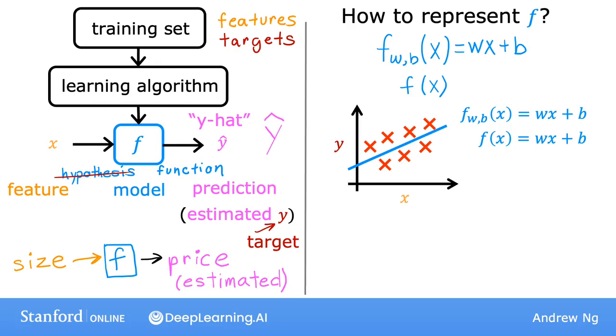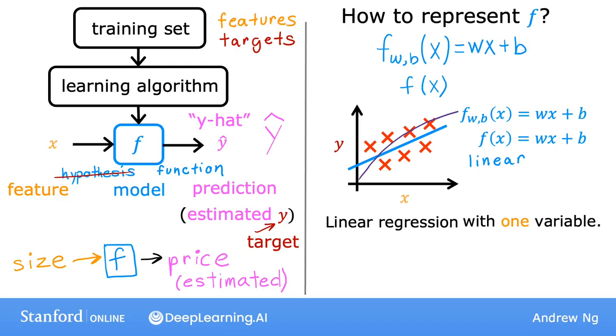So you may ask, why are we choosing a linear function, where linear function is just a fancy term for a straight line, instead of some nonlinear function like a curve or a parabola? Well, sometimes you want to fit more complex nonlinear functions as well, like a curve like this. But since this linear function is relatively simple and easy to work with, let's use a line as a foundation that will eventually help you to get to more complex models that are nonlinear. This particular model has a name. It's called linear regression. More specifically, this is linear regression with one variable, where the phrase one variable means that